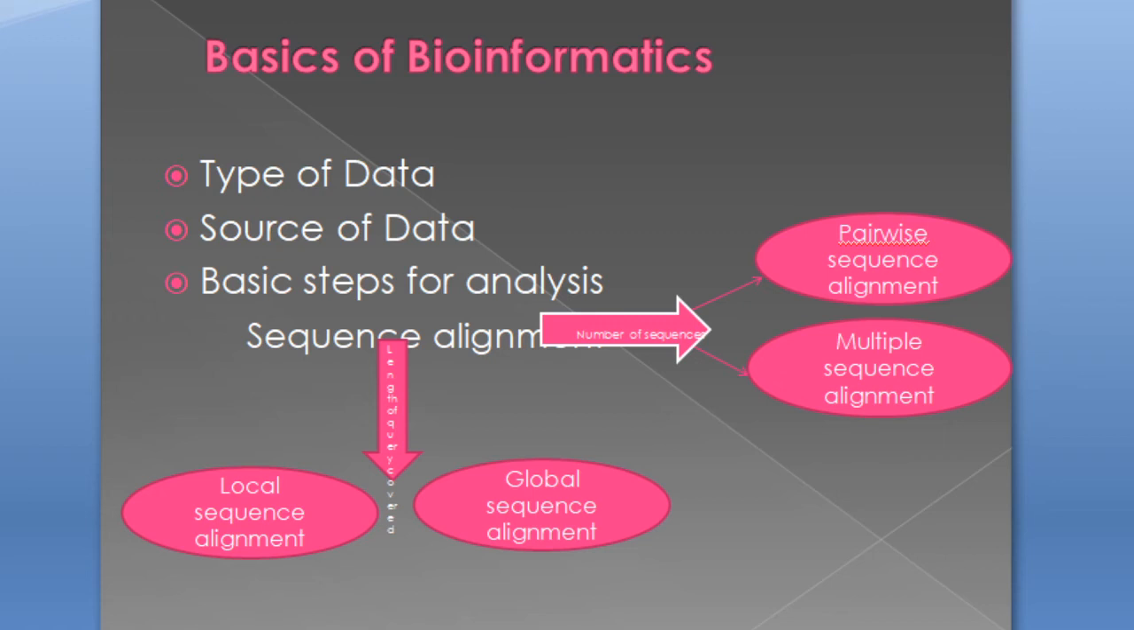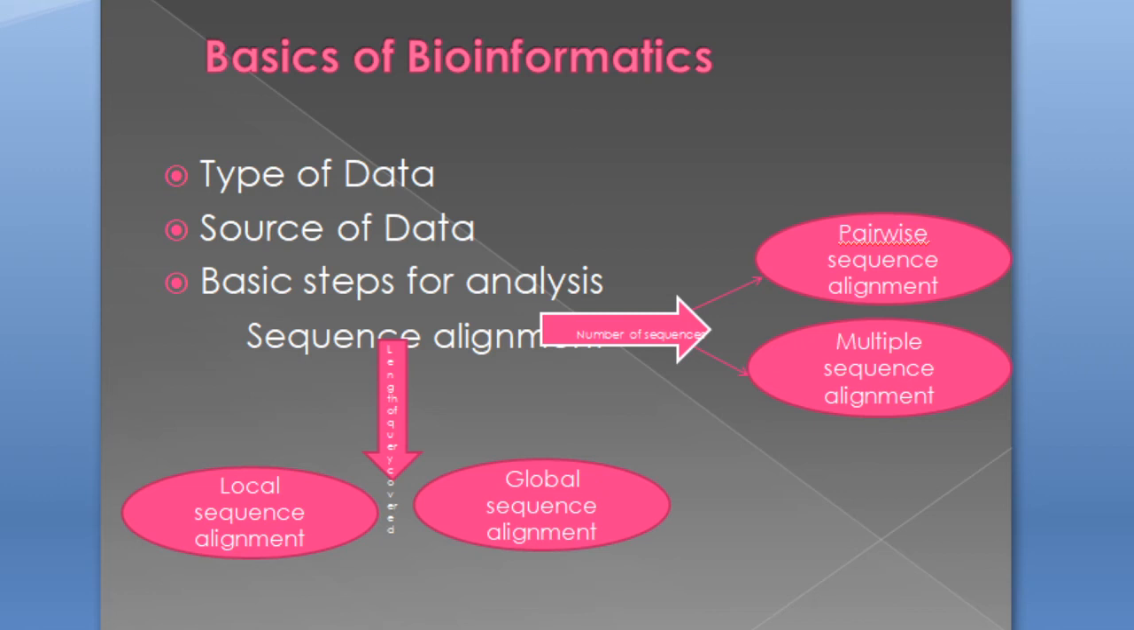Pairwise sequence alignment, as the name indicates, includes two sequences. Multiple sequence alignment, on the other hand, as the name indicates, makes use of more than two sequences. Sequence alignment has been further categorized on the basis of length of query coverage as local sequence alignment and global sequence alignment. So when we say local sequence alignment, what I mean is, if I want to study my query